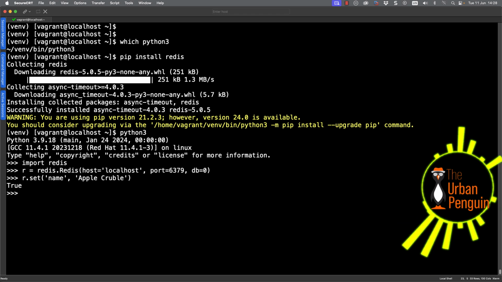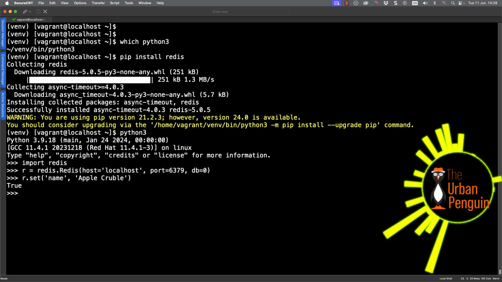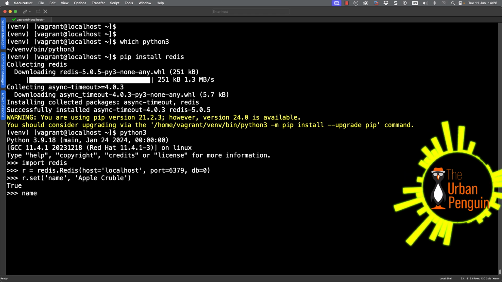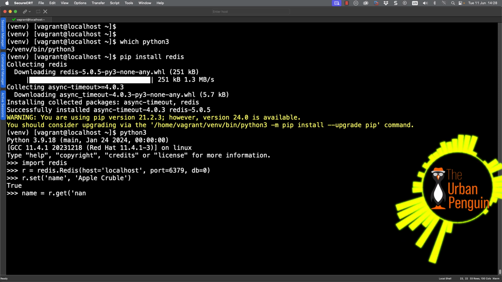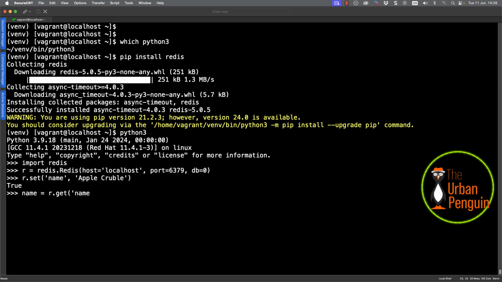Now as I go through, I can return the value, so I might have my name variable being populated by the instance of the class r.get, so the get method, and we're going to get the name key, so the value is going to be returned.